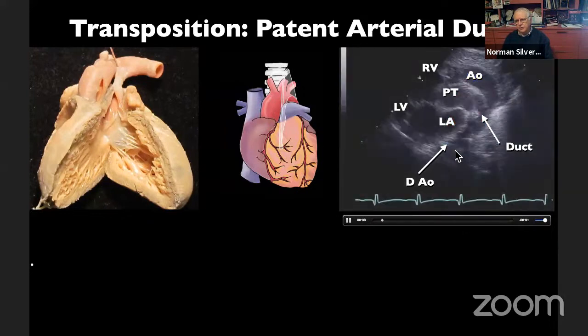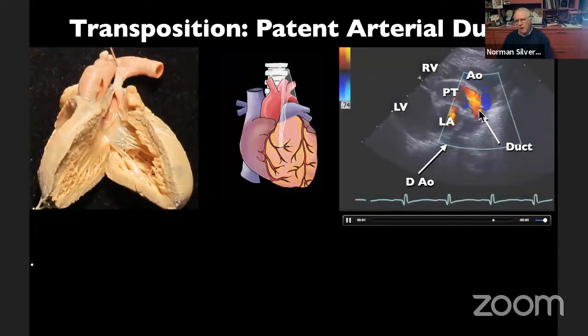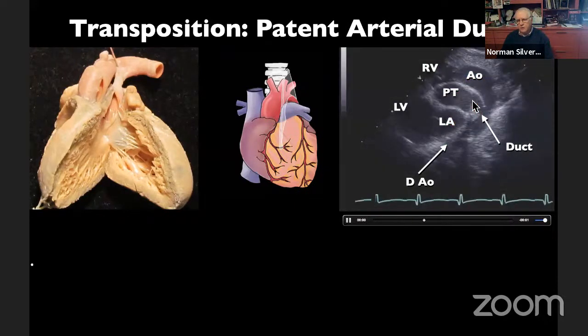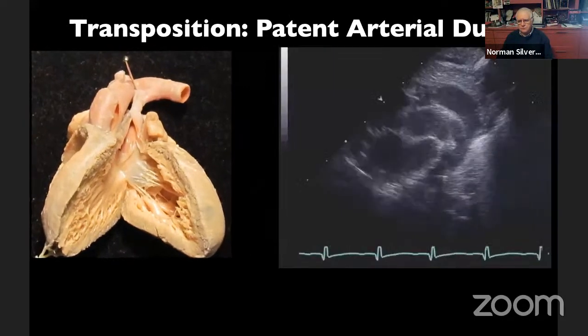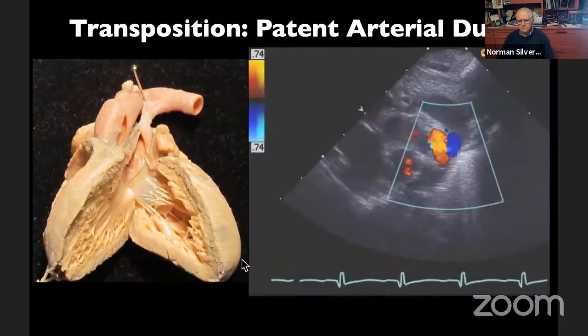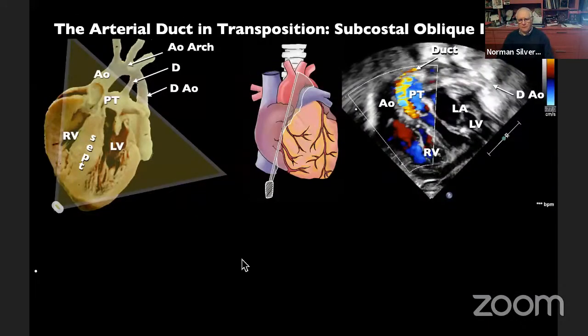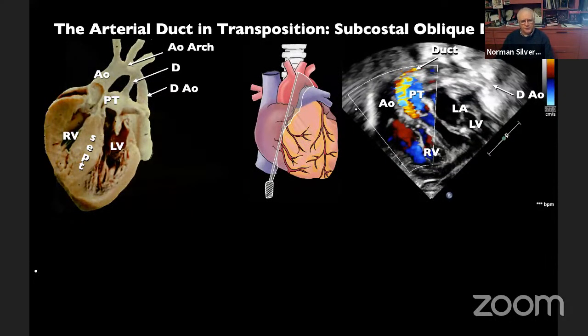Here is the aorta with the arch, the ductus widely patent, the whole length of the ductus from the aortic end to the pulmonary end where it joins with the left pulmonary artery, and the left atrium, left ventricle, and right ventricle above there. Here is another example. This is from the Brompton collection of Professor Anderson. And you see the arterial duct strung out here, showing its continuation from the pulmonary trunk.